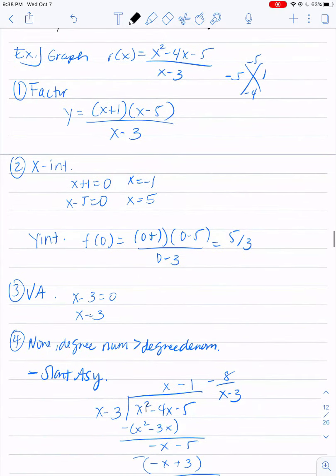So let's do an example so we can see that and understand what's going on. We're going to graph (x² - 4x - 5) over (x - 3). So we're going through our steps. We factor. I factor the top, and I get (x + 1)(x - 5) over (x - 3). So our intercept